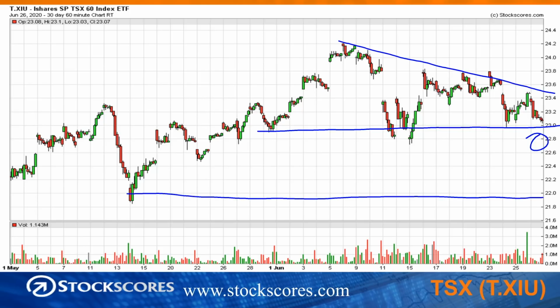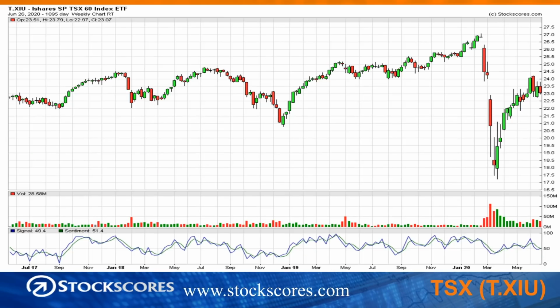Looking at the longer-term weekly chart, very similar pattern to the S&P. We've got the falling top on the weekly, and we've sort of been rounding out this upward trend. We hit a new local high, and now we close below the open. Now we're starting to test the support zone. So I think there's a real legitimate concern that we could see more weakness here. We just need to see that breakdown, that trigger point that shows us that the sellers are running for the